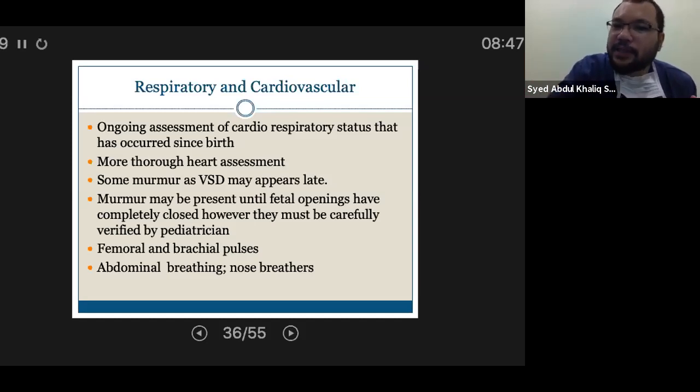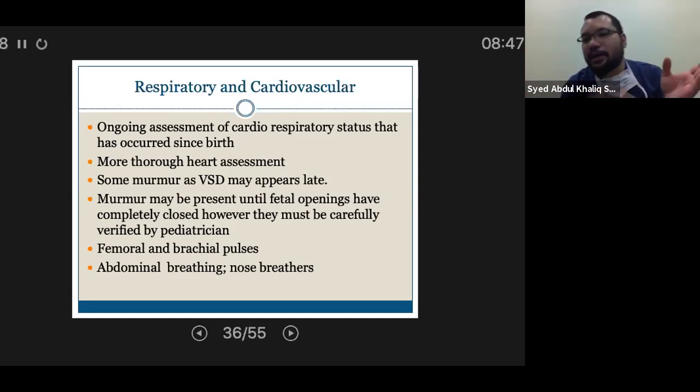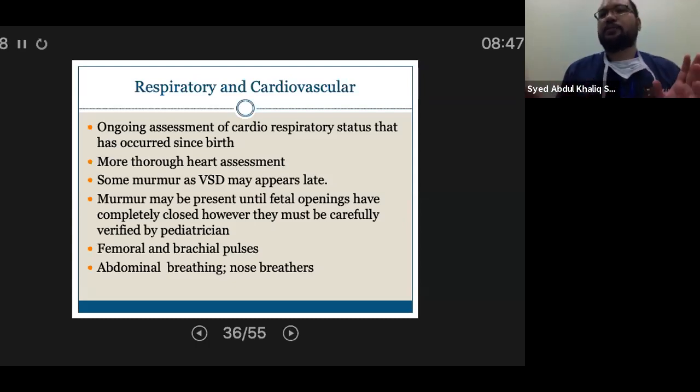Another factor is the right ventricular pressure, the right-sided pressure, the pulmonary pressure. If pulmonary pressure is high, there is not much shunting, because during systole the pressure gradient is small. So in the first 5 days, right-sided pressure is usually still high, and you cannot appreciate the VSD murmur that much. So some murmurs are not very apparent in the first 5 days of life. And sometimes there are murmurs that are only present in the first week of life.